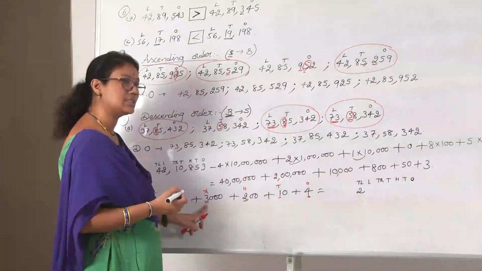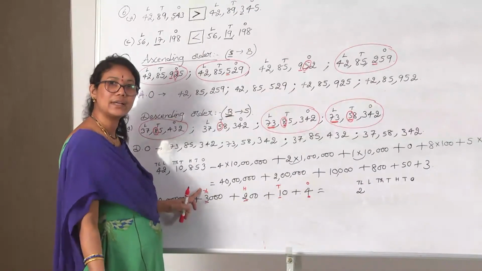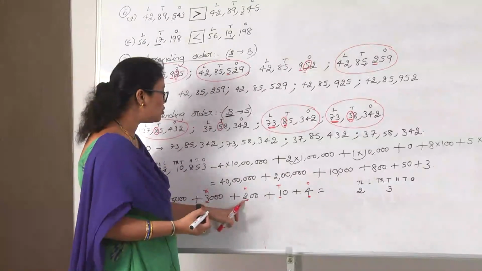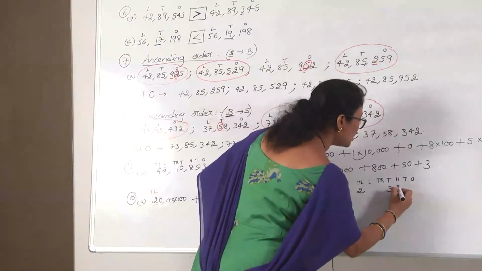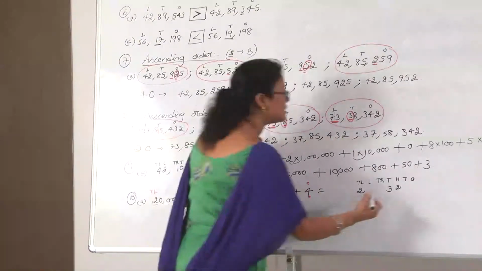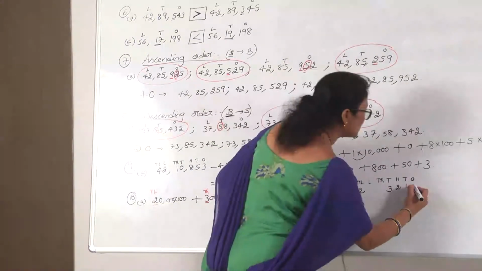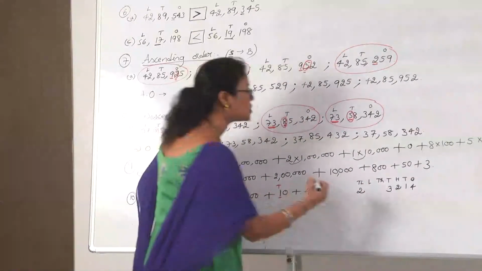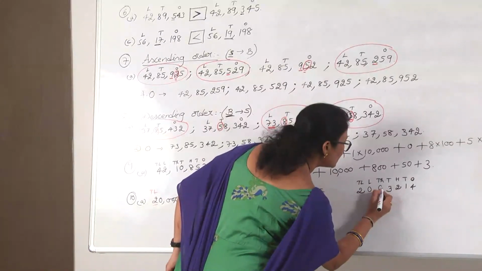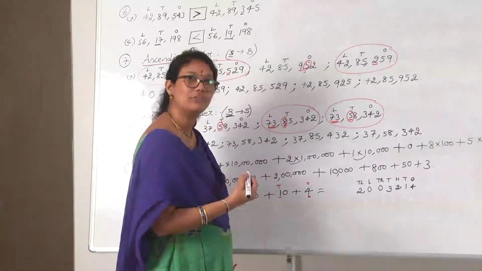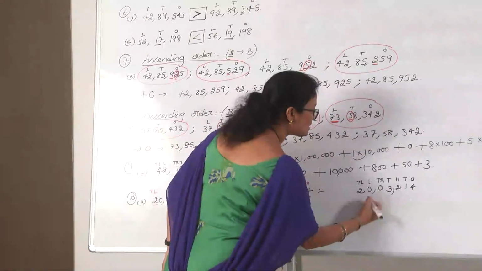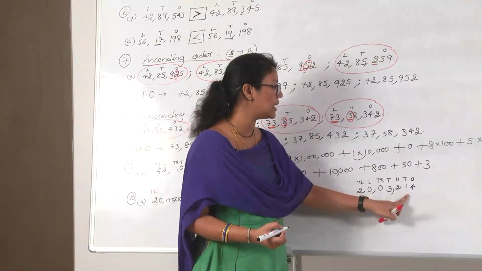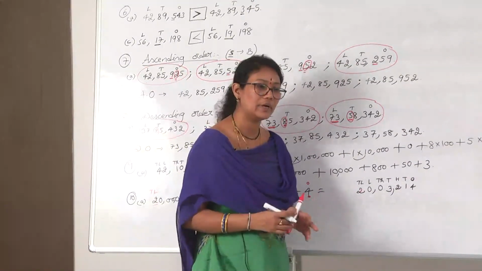Moving on to the next, it is 3. 3 is under thousands place, right. So, we write this 3 under thousands place. Then 2 is under hundreds place. So, we write 2 under hundreds place and 1 under tens place and 4 under ones place. Now, what about lakhs and 10,000? Is that given? No. So, we put 0 under lakhs place and 10,000s place. Now, put comma for each period. And this we read as 20 lakh 3,214. Hope everybody understood this.